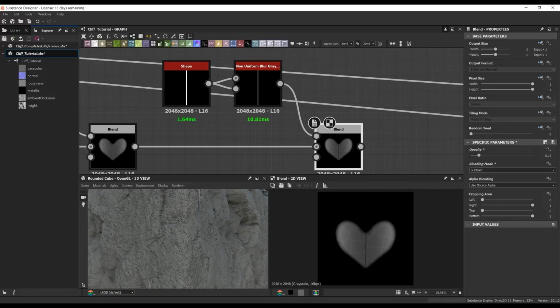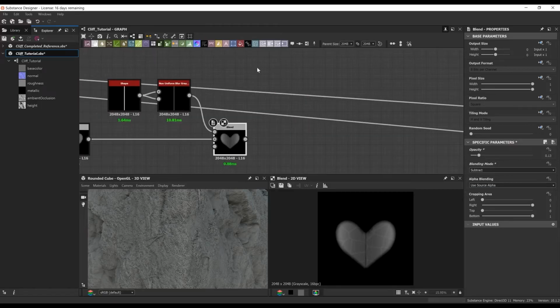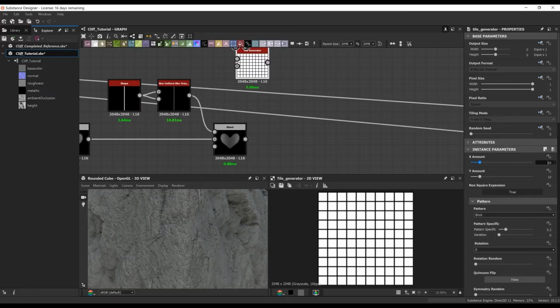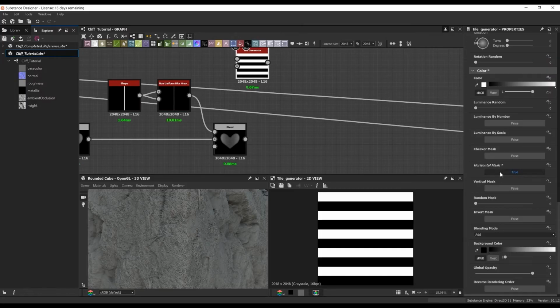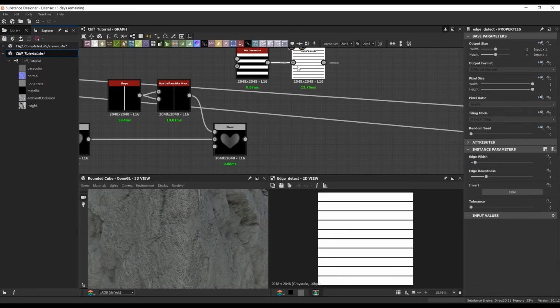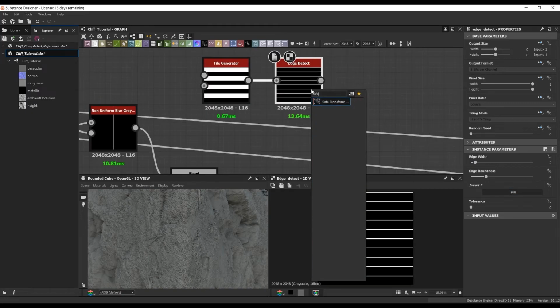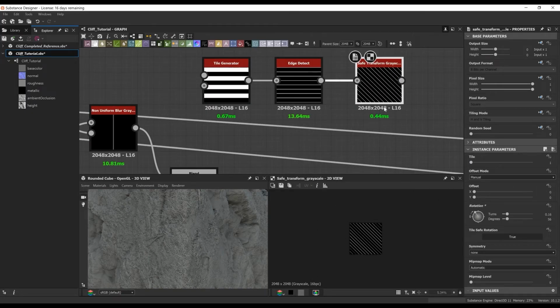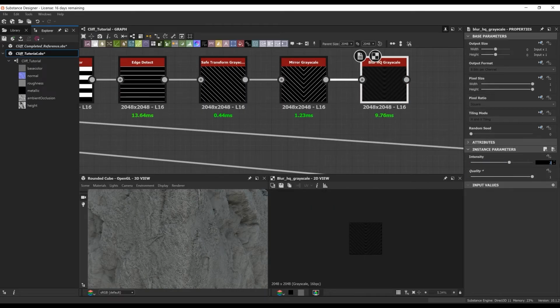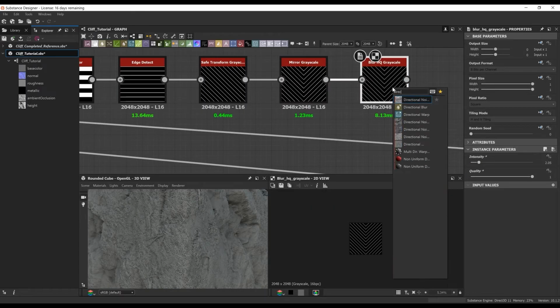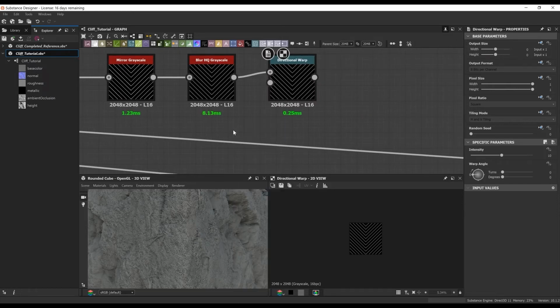Continuing on to the same kind of treatment that we were doing with the veins, I wanted to give it some sort of directional veins, or almost directional horizontal lines that you would see on leaves. So I went ahead with the tile sampler, did an edge detect, did a safe transform grayscale. With the safe transform grayscale, you can rotate things on a 45 while keeping the tiling consistent.